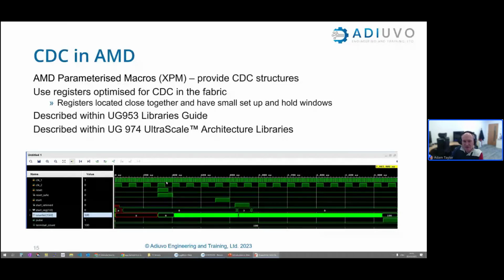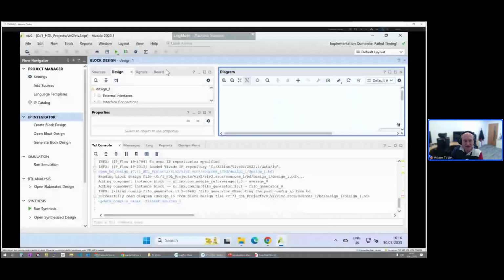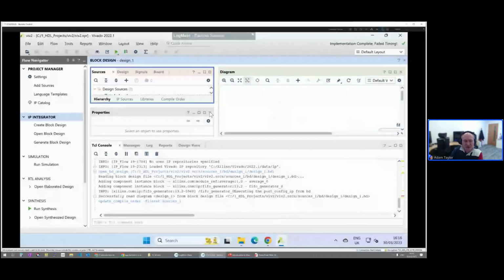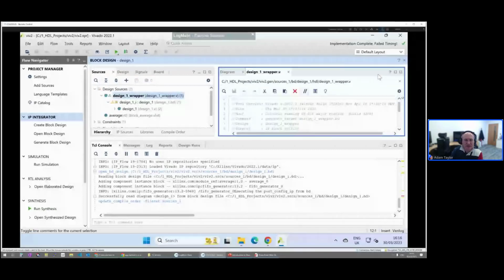Depending upon whether you're using 7 series or UltraScale architectures, the user guides are either 953 or 974. Just coming back to Vivado for a second, there's a very nice and easy way to actually find these. If you want to put them in, you can put them in IP Integrator. But if you open up the Vivado standalone code editor,